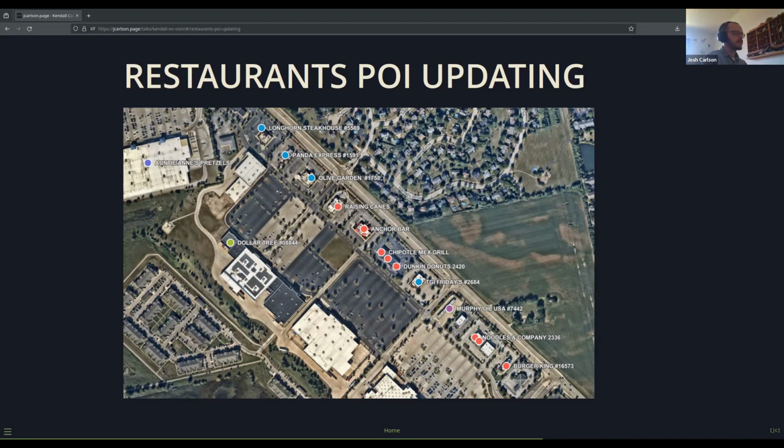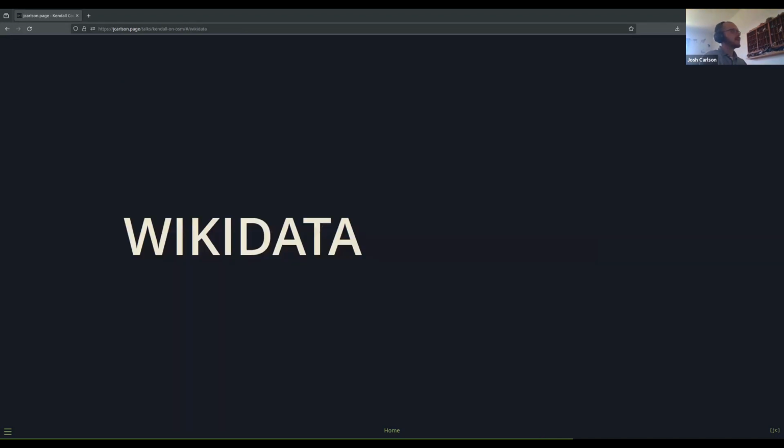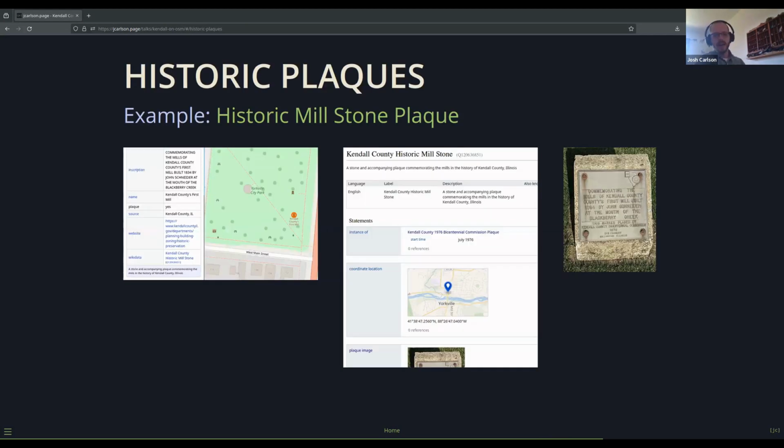Working towards that. We also got on with Wikidata for a particular project. We had these historic plaques back in 1976, 20 plaques, Megan can correct me, were put across the county commemorating different historic things. So here's one, it's a historic millstone plaque. It's not at the site of the first mill, but it's commemorating it.